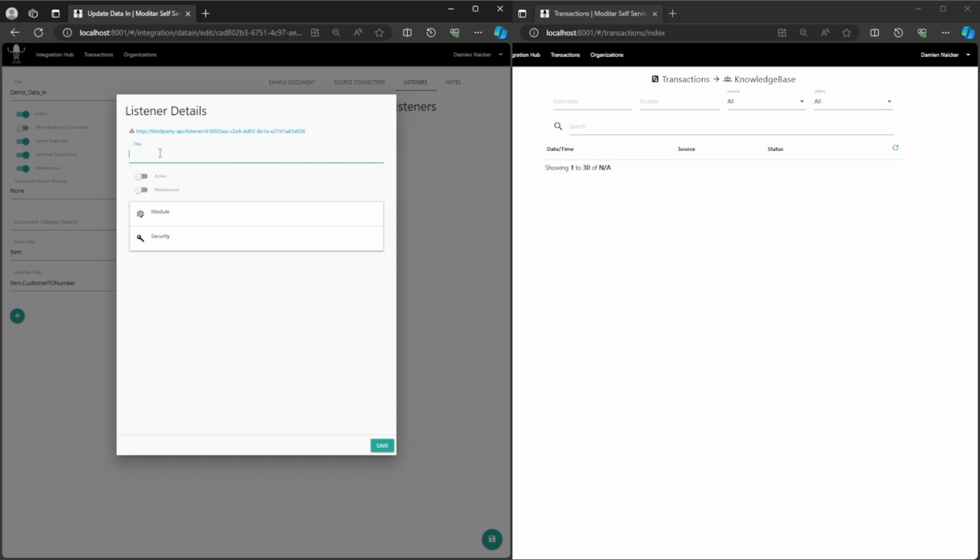Here we have title, which we will give a name to our listener. Let's just call it demo listener. Then we have two toggles here. One for active, works exactly the same as how the active toggle works on the data in, and so with